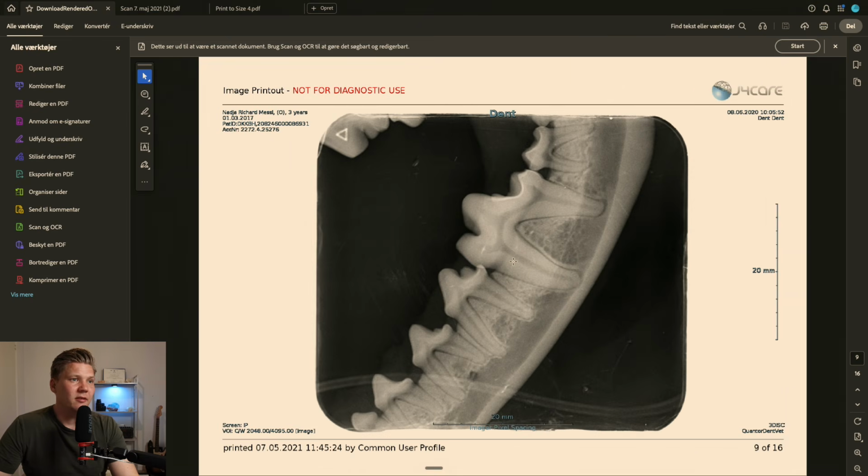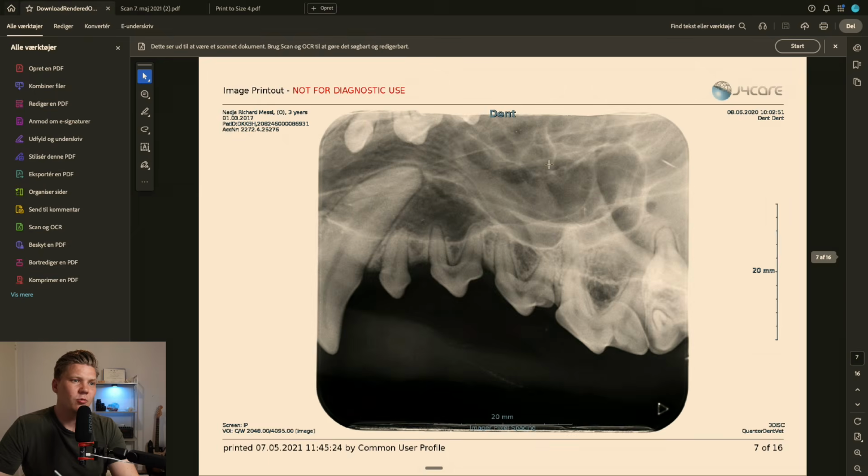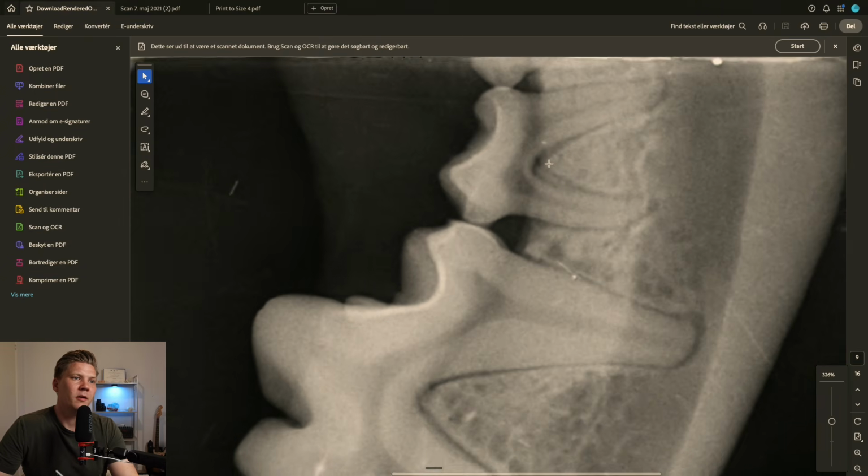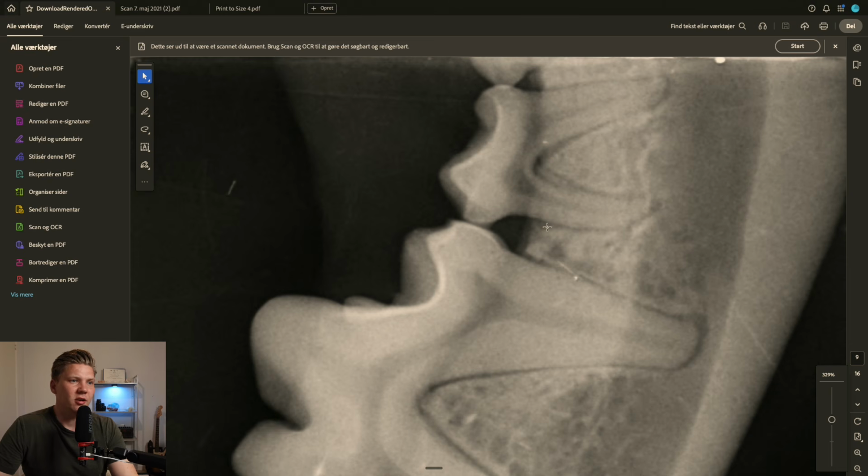So if we look at the mandible, then we see we just cut off the 11. So we would want to take another photo here to make sure we check the entire tooth. Look at this area here. Let's see if I can zoom in. So what I notice is